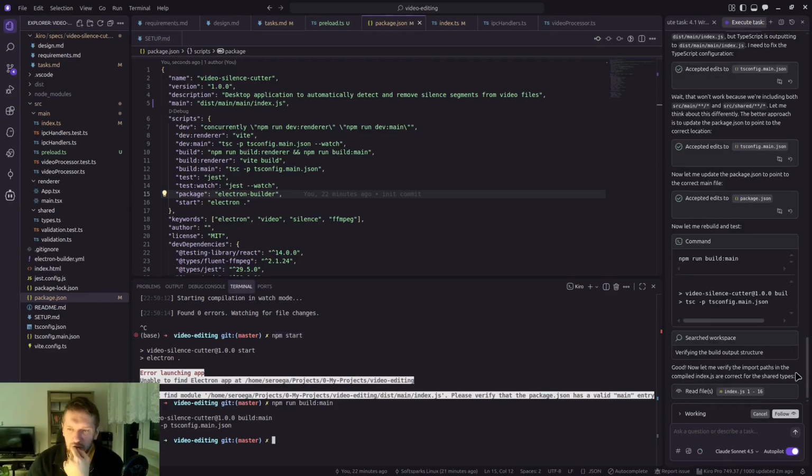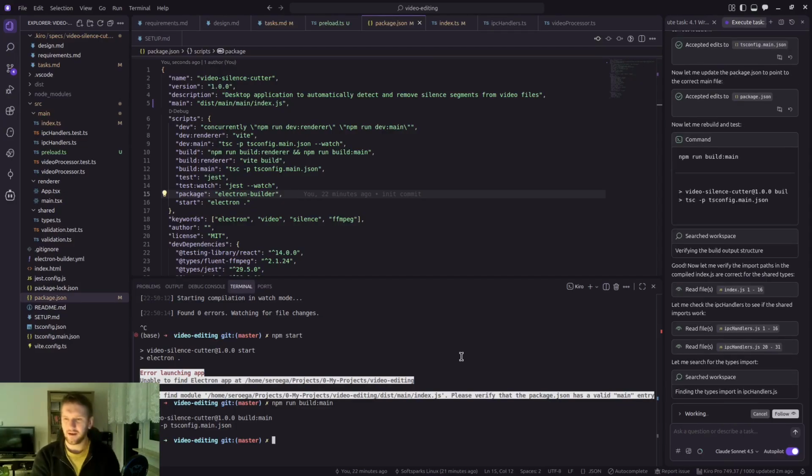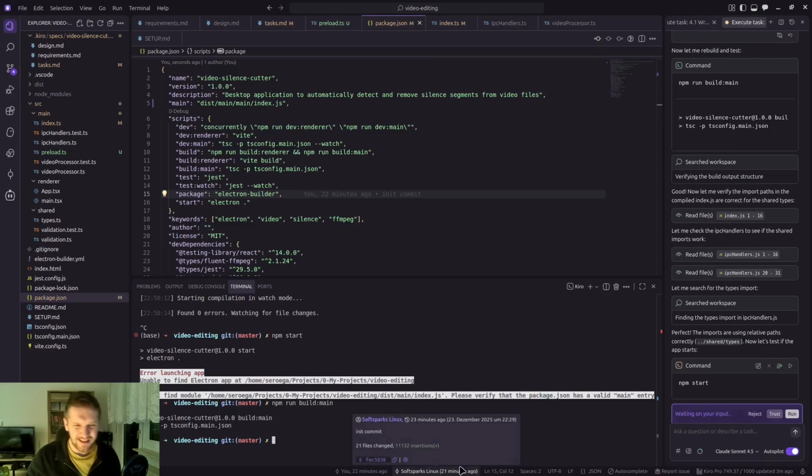Good, now let me verify the import paths in the compiled index.js. As you can see, I do that completely freestyle, and that's what I mean. You always need to take a closer look during development, because if you don't want to spend any time investigating everything yourself, you need to be aware of what you're doing at least a little bit. That means you have to know